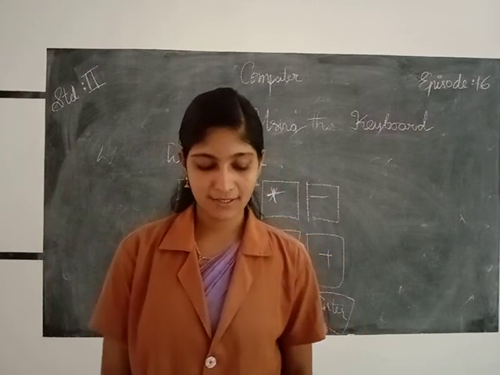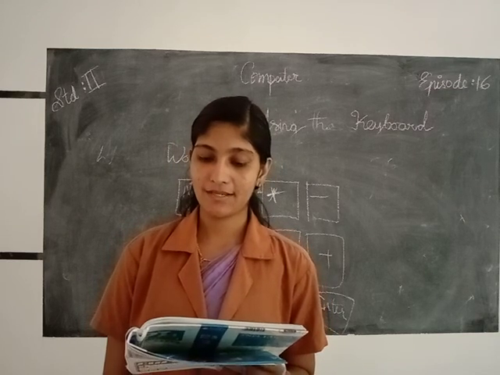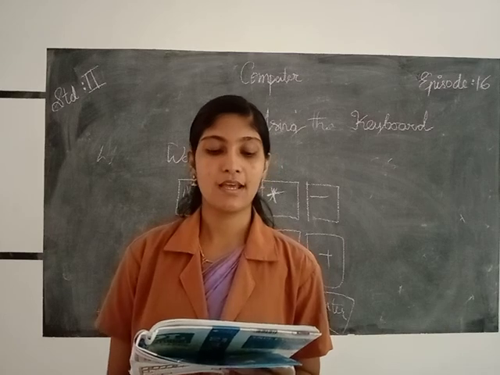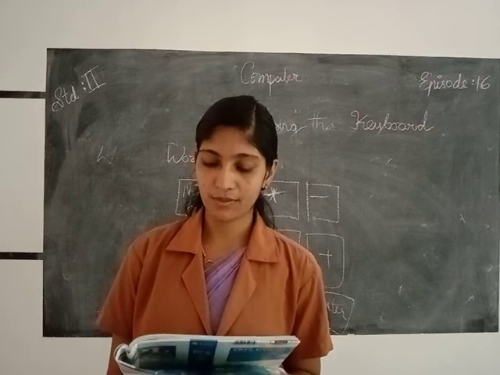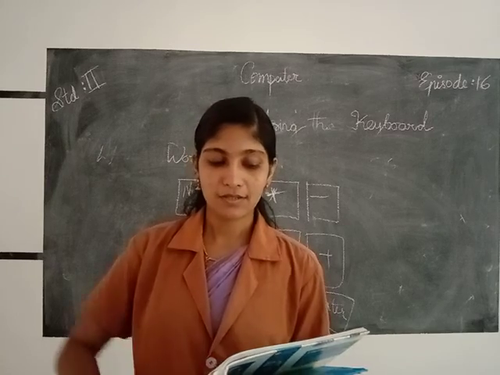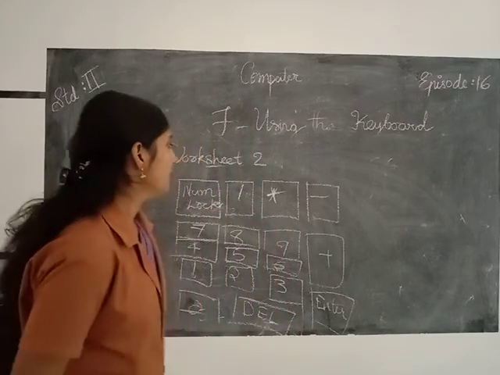Moving to worksheet number 3, Ajay wants to erase M from each word typed on every keyboard monitor. Using the backspace key, place the cursor correctly on the monitor for him. Also write the word which will form after the correction below where you see the space. So look here.